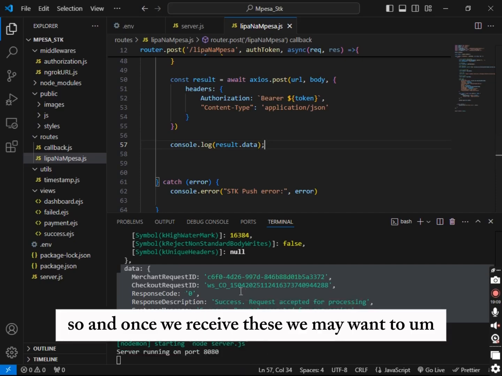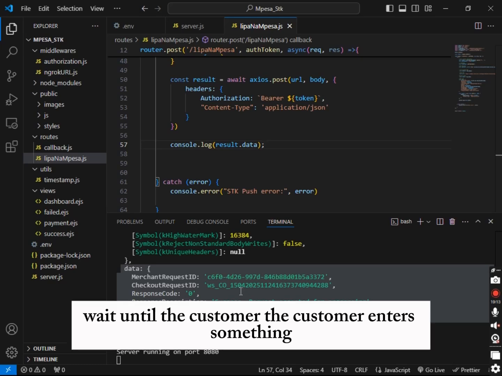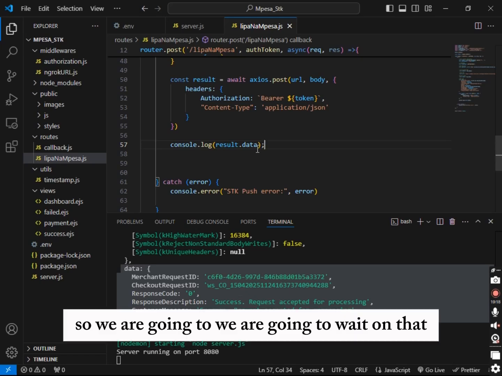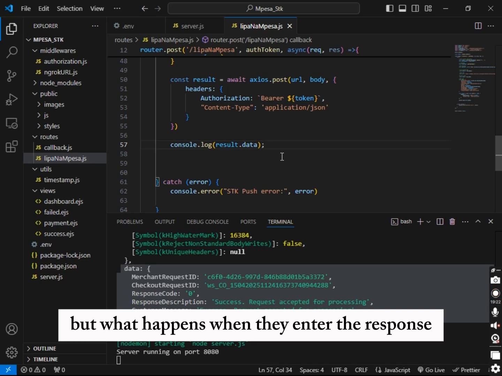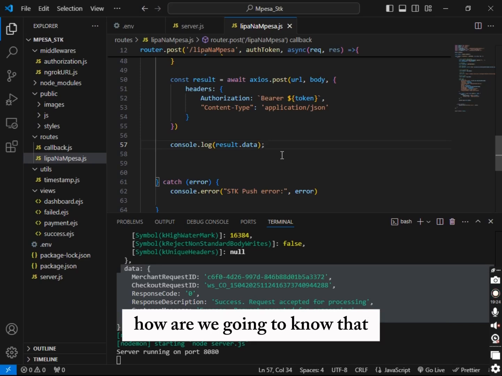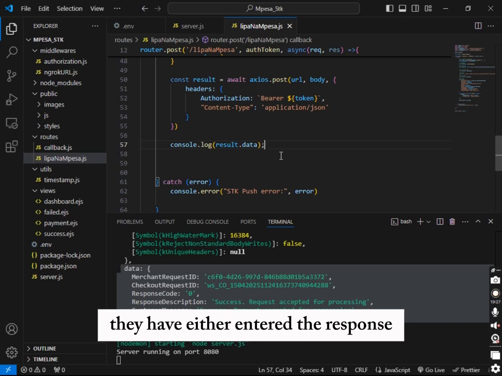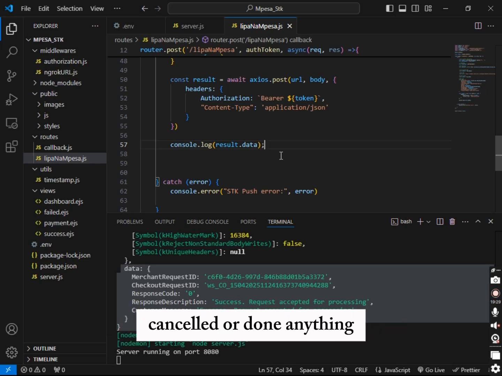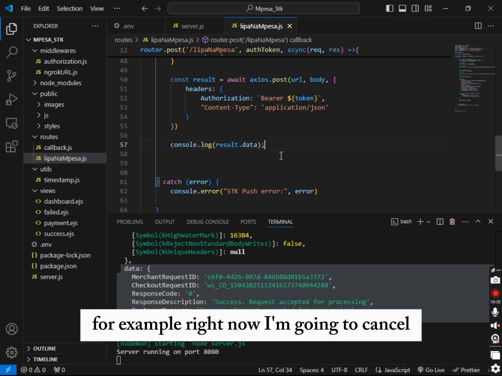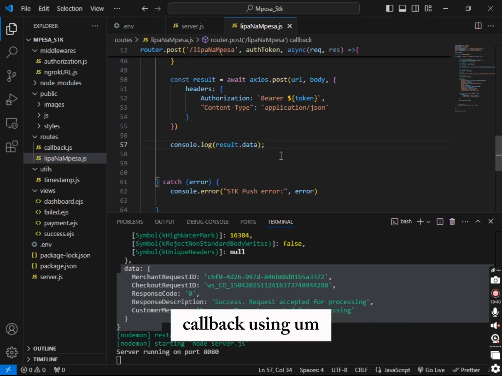So, and once we receive this, we may want to wait until the customer enters something. Yeah. So we are going to wait on that. But what happens when they enter the response? How are we going to know that they have either entered the response, cancelled, or done anything? So that is where now, for example, right now I'm going to cancel. Let me cancel on my end. Let's see. The callback using